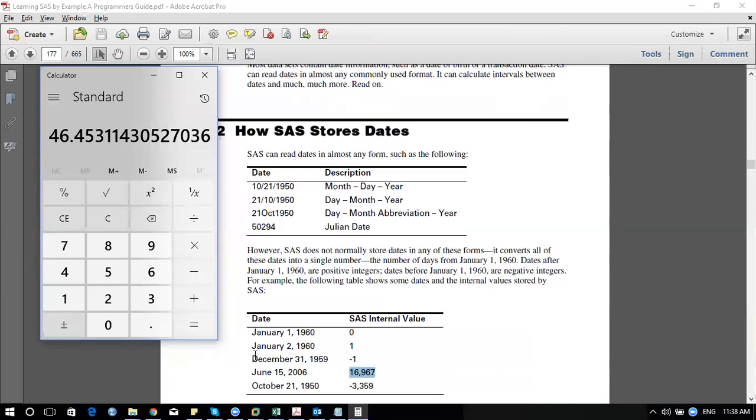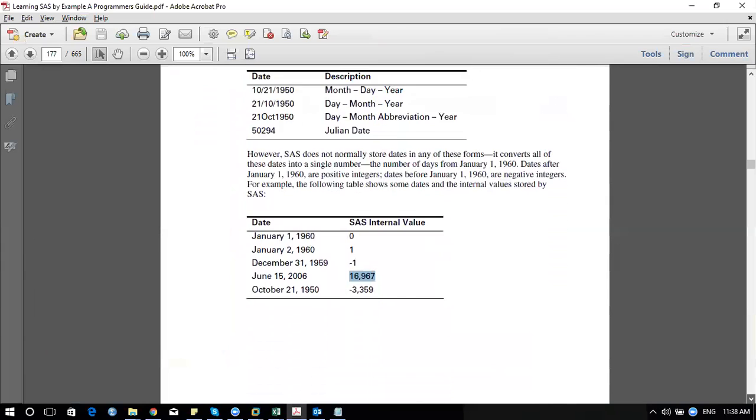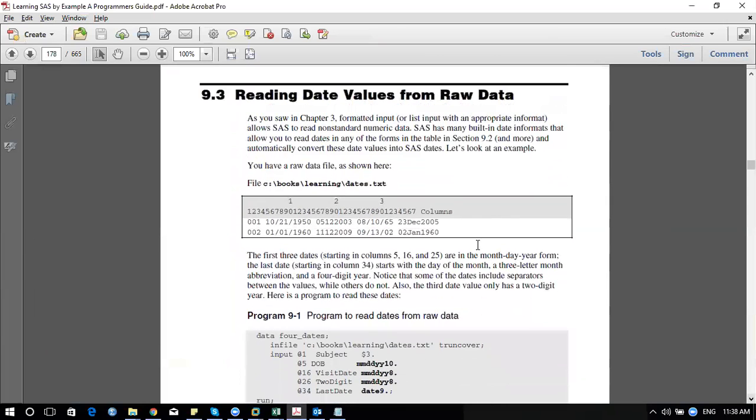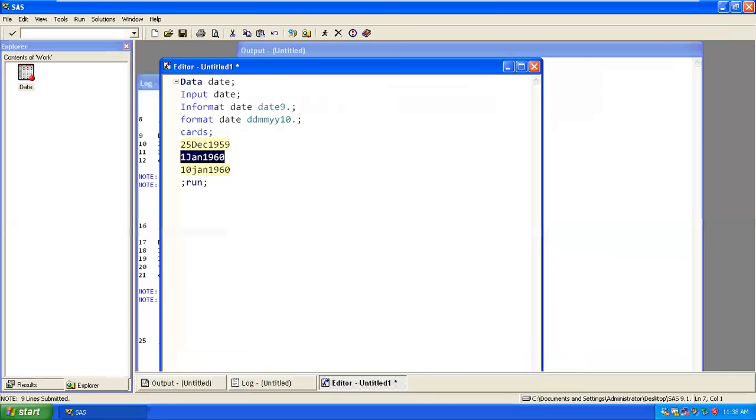Got it? Yeah. So the date is getting converted based on this particular condition, and getting stored in the backend. We generally talked about just now how the date is going to be read. So always remember that whatever the normal format you have, based on that, you should try to read.